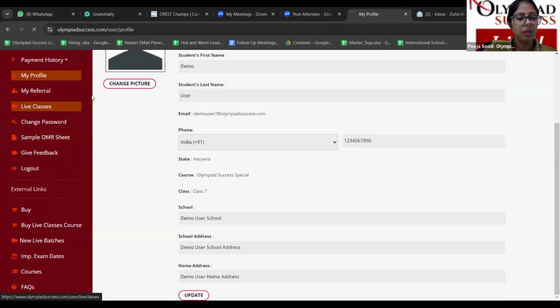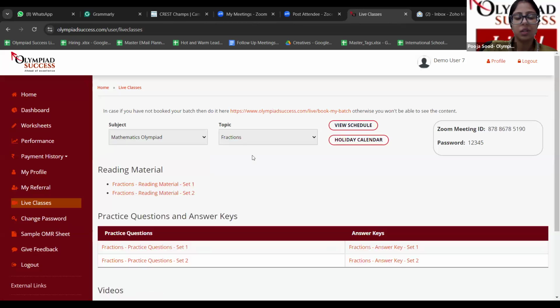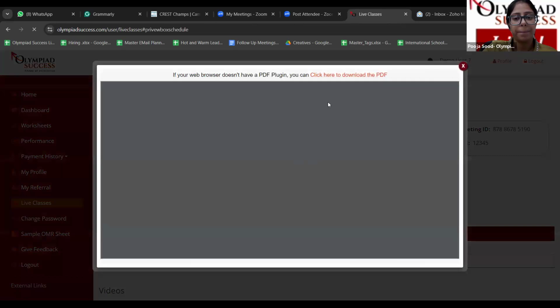After this, click on live classes, in which you'll get your entire material. Here, you have to select your subject along with the topic. So let's say I've chosen the fraction topic. I'll get material for the fraction, right? You can see everything is systematically planned here for your reference. You'll get a schedule for your clarity about which session will cover this specific topic. Each and every chapter is bifurcated into different subtopics.